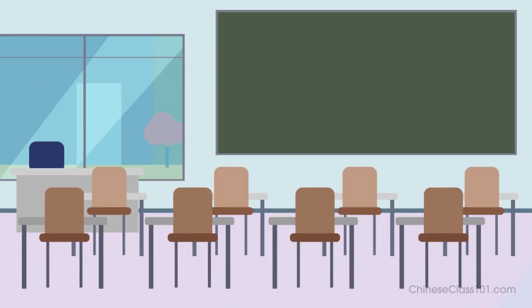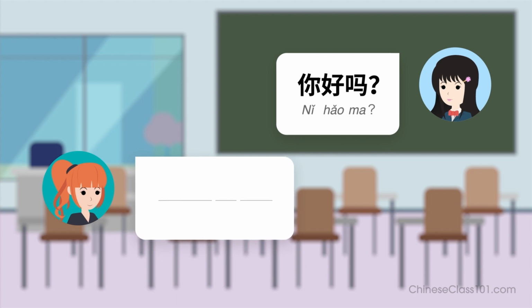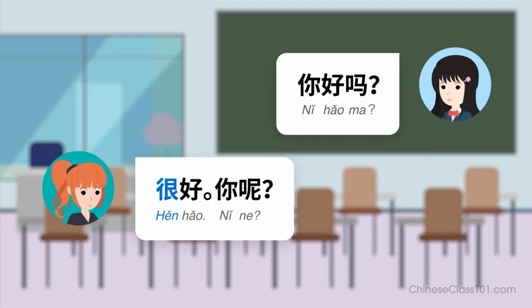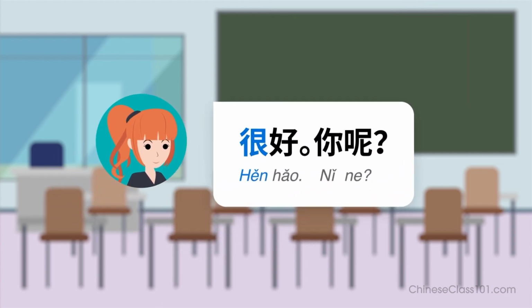Let's try one more. Imagine you're Sasha and you meet your friend at school. Respond by saying, I'm good, and you? Ready? 你好吗？很好，你呢？Listen again and repeat. 很好，你呢？